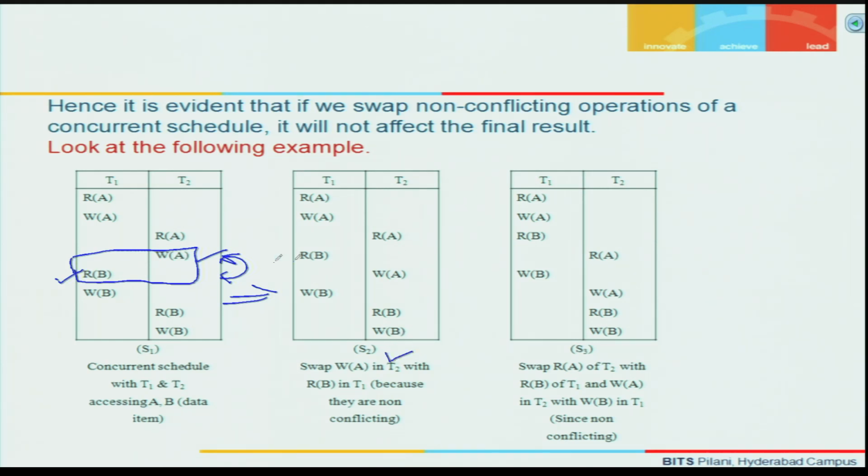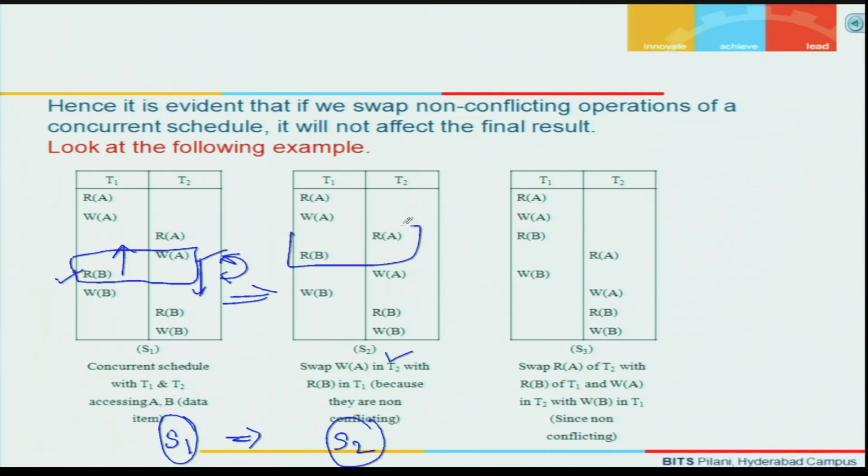That means this one has gone down and this has gone up. So this is the schedule. Now this S2 is the result of swapping a pair of non-conflicting operations in S1. Hence I call S2 conflict equivalent to S1. This is known as a conflict equivalent schedule to S1. Okay. If you now carefully observe,